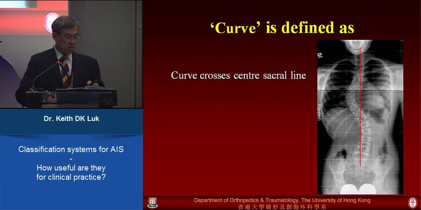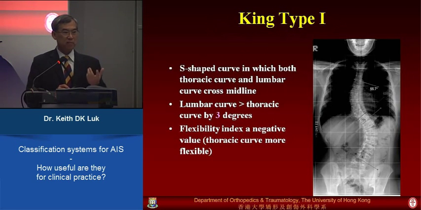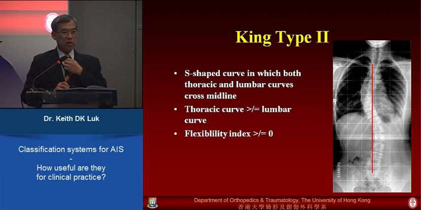As I was trying to ascertain earlier, how many of us are actually doing scoliosis day in, day out, and then you should be quite familiar with King's classification. When a spinal deformity crosses the sacral line, then it's called a curve. Okay, that's simplistic enough. The type 1 curve would be primarily a lumbar major curve. And then a type 2 curve will be a thoracic curve together with a lumbar curve, usually around the same